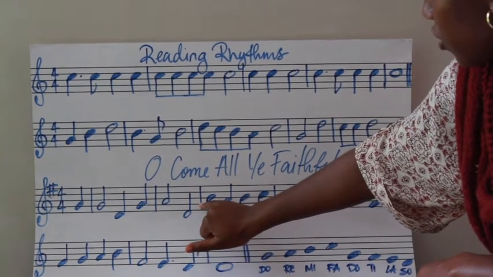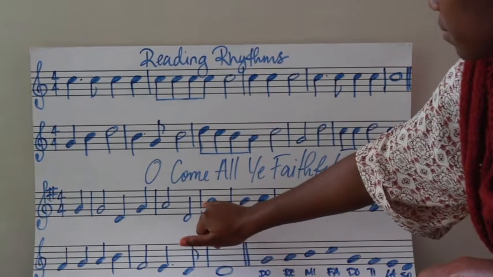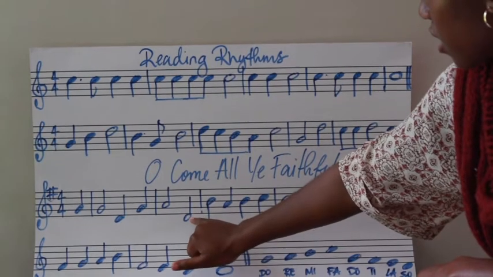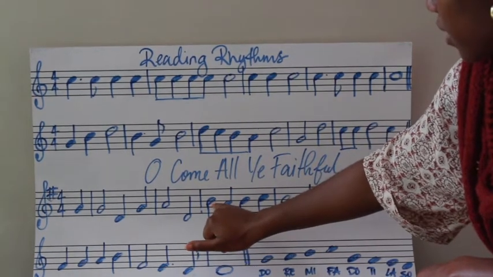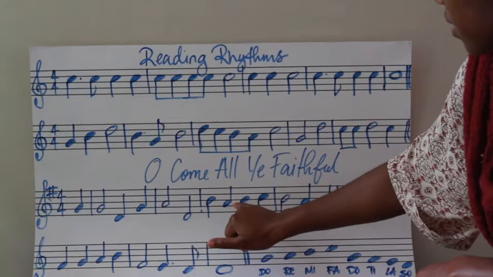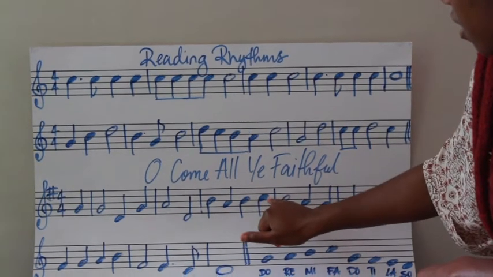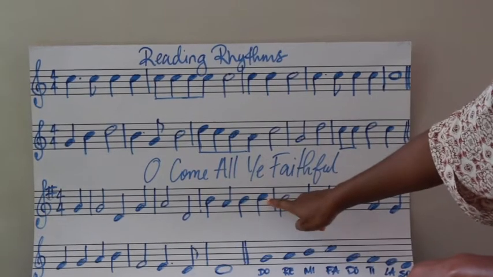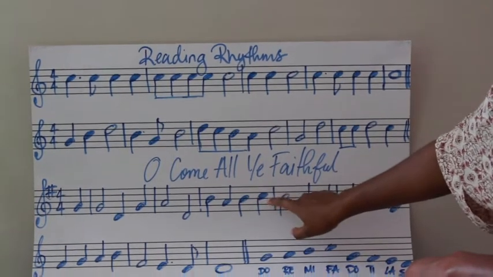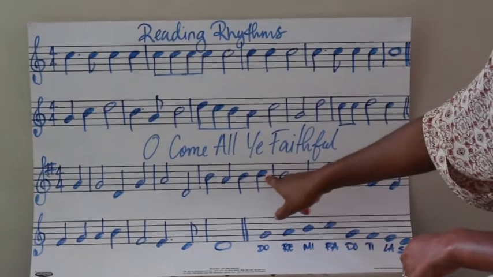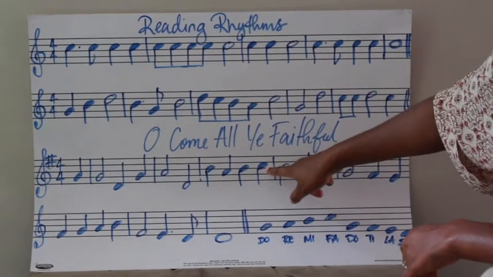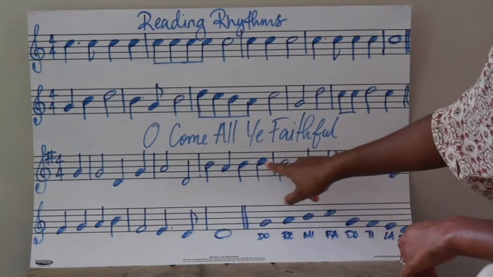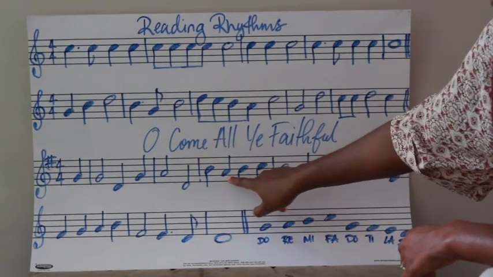la, ti, do, re, mi, re, do, ti, la, so, mi, re, mi, fa. Fa is on the C. Fa is our highest note in this piece. So if you can become really familiar with what fa sounds like in this piece, then that can also be a helpful way to follow along whenever you get stuck. Fa, fa, mi, re,